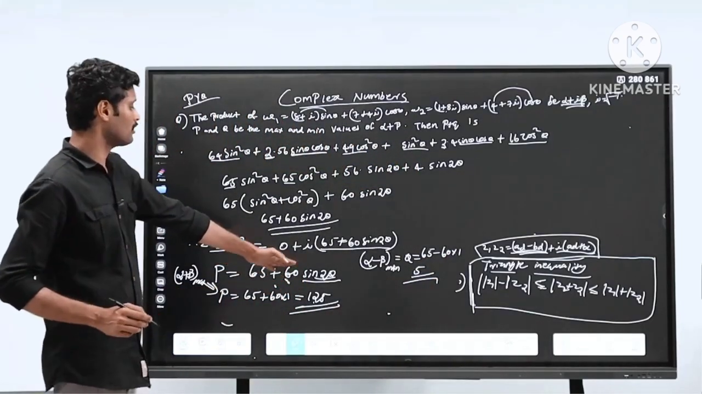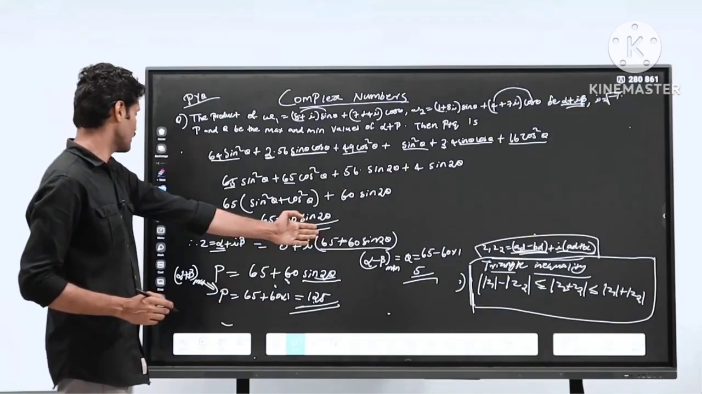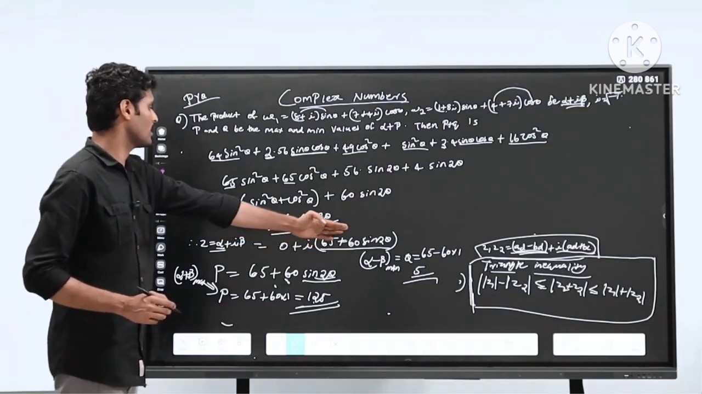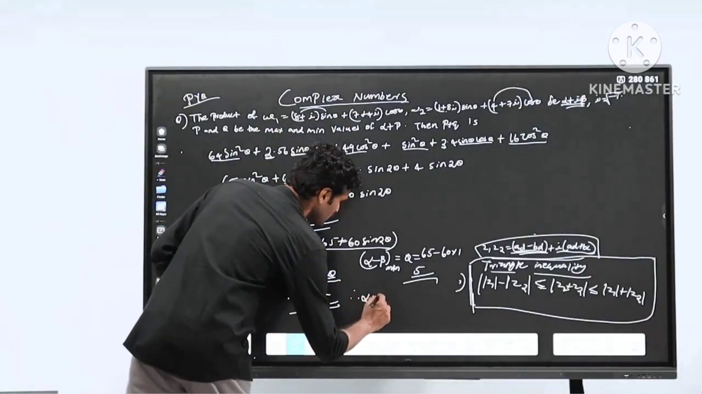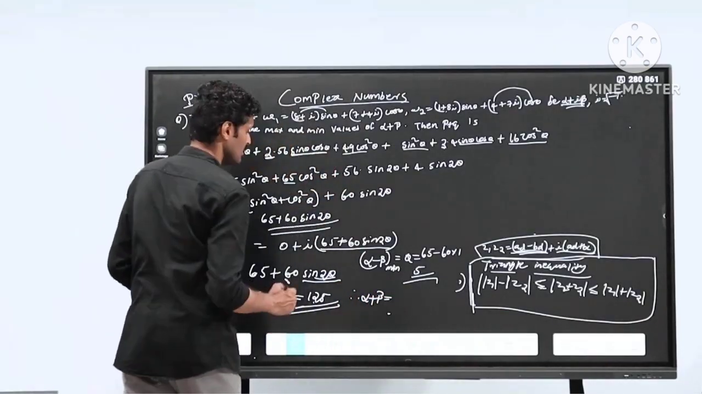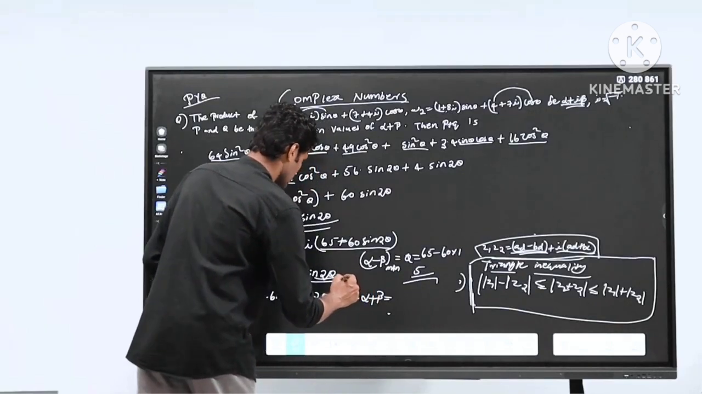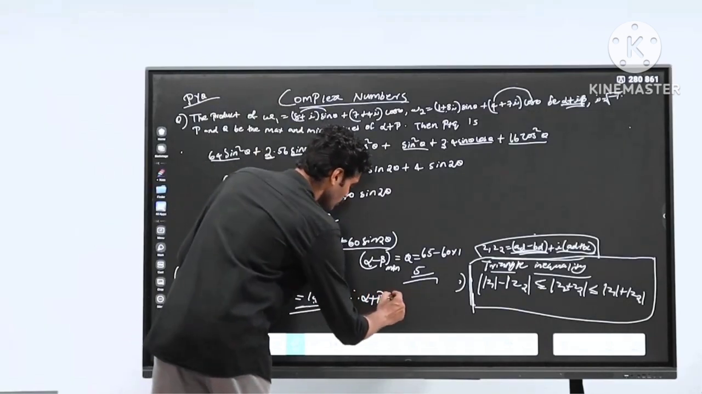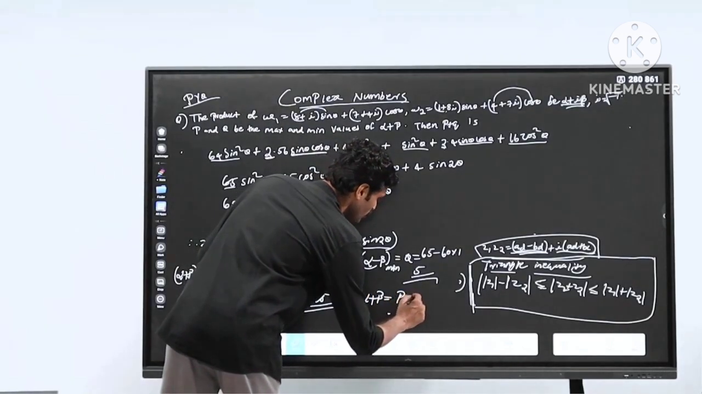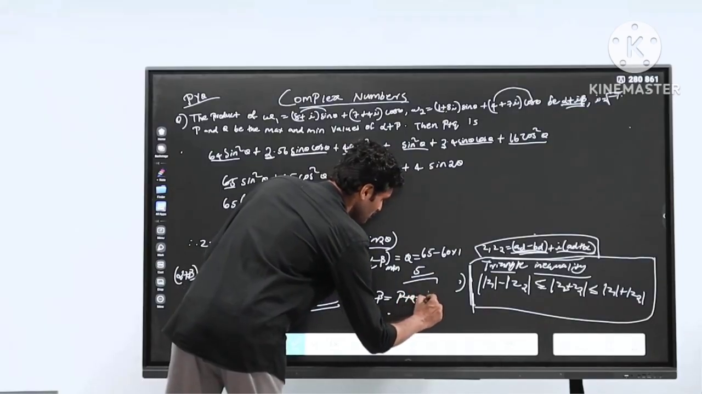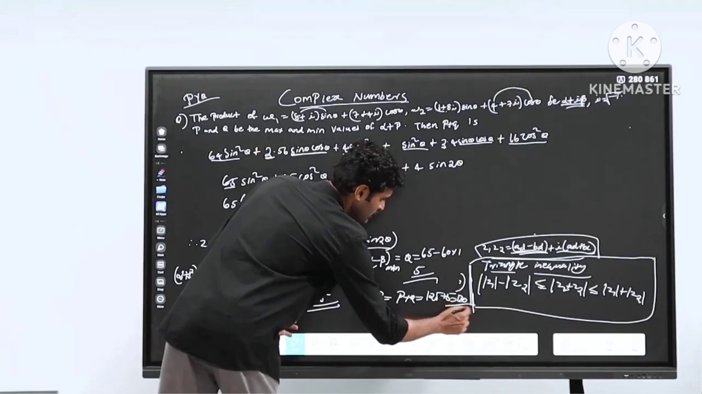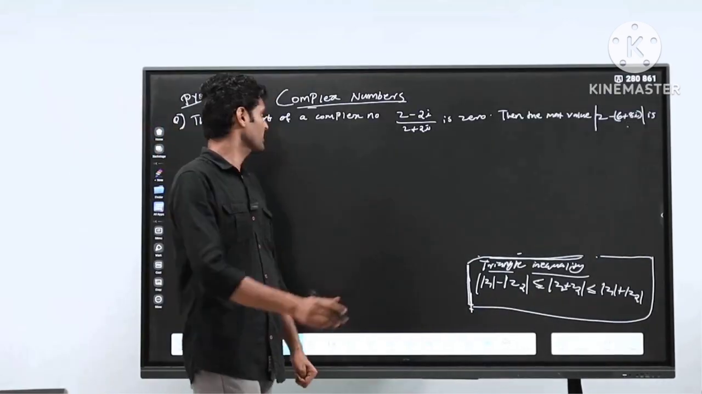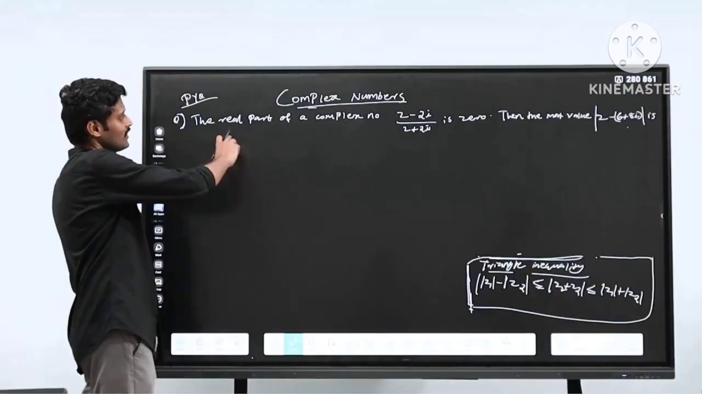So here it is, the minimum value is Q, which is 5. Then the total alpha plus beta equal to P plus Q, the value of minimum and maximum is 125 plus 5, it will be 130. Okay, for the next question,